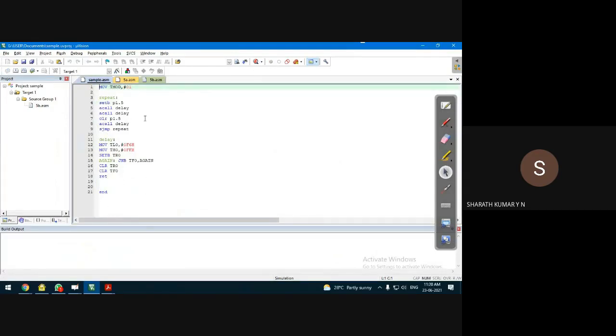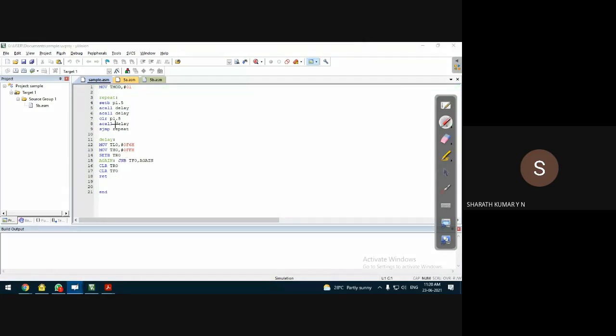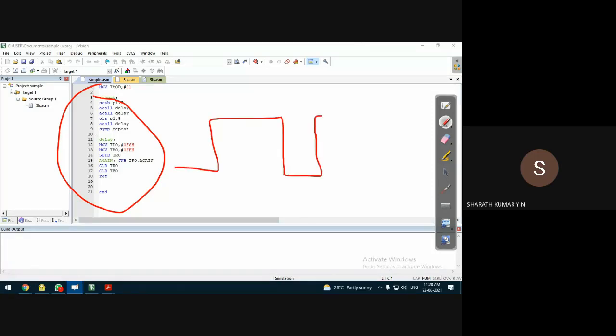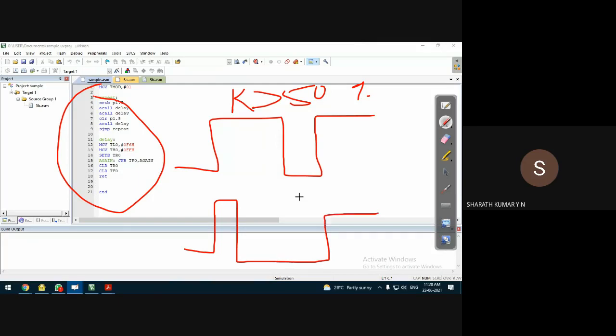How to generate delay bigger than the 71.1 millisecond delay. So in this program, last class we discussed how to generate a square pulse, or not square, sorry, rectangular pulse, where the on period will be different from the off period. So duty cycle is greater than 50%. Or the other possibility, on period is smaller than the off period, where duty cycle is less than 50%. That also we saw.